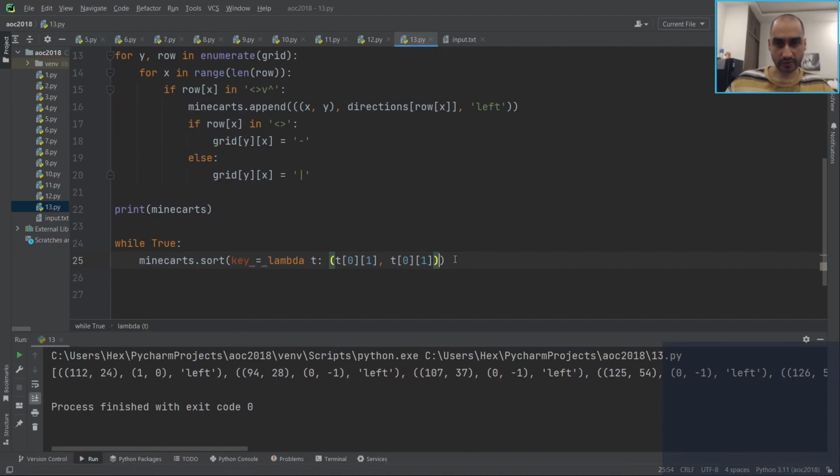That's the key to sort on. Alright. So we sort. Okay. And now for i, minecart in enumerate